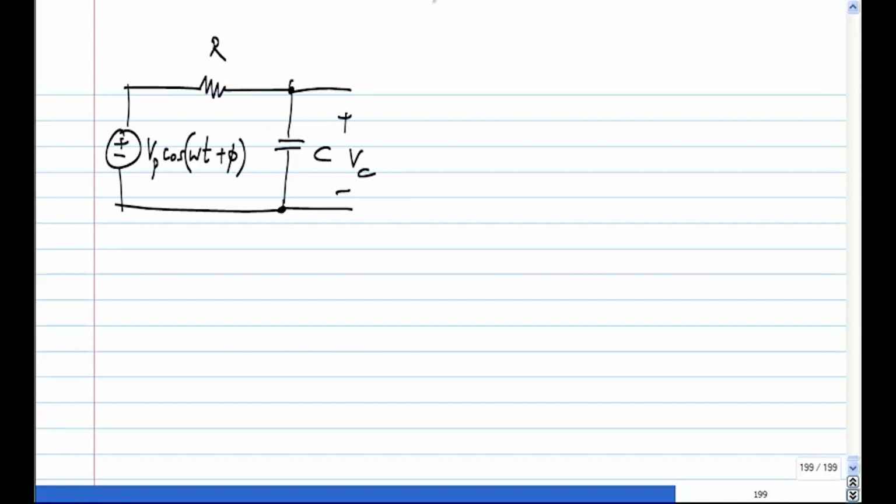I'll always use this very simple circuit as an example because I don't want the algebra to overwhelm what I'm trying to convey here. But this procedure can be used for other things also. Similarly, for that exponential: for a first order circuit, as long as you know that, let's say we had exponential st as excitation and the actual circuit was very complicated, you still know that the steady state response is exponential st times something, and then the natural response or the transient response is exponential minus t by the time constant of the circuit, and by manipulating the constants with initial conditions and so on, you will be able to get the answer. Okay. So, now in this case,